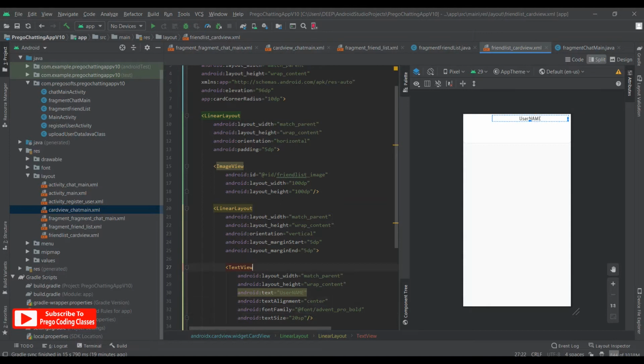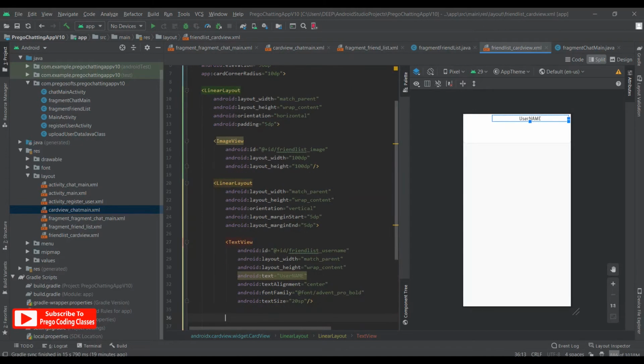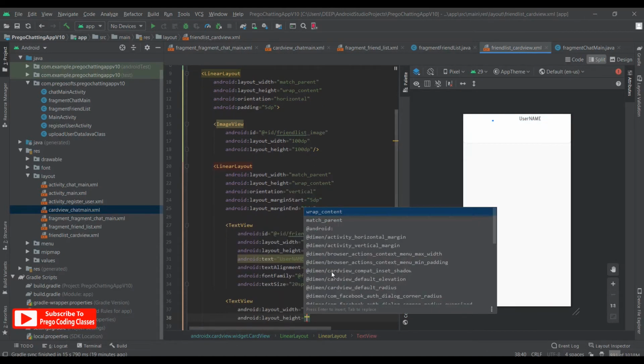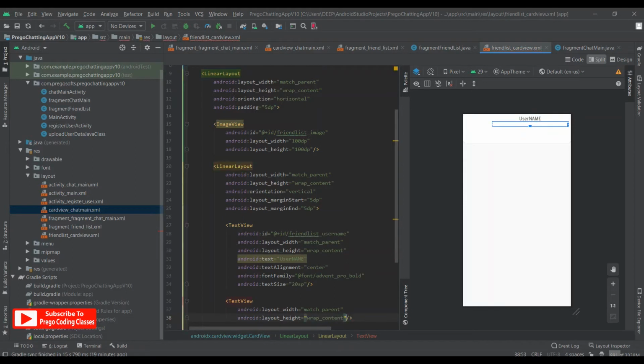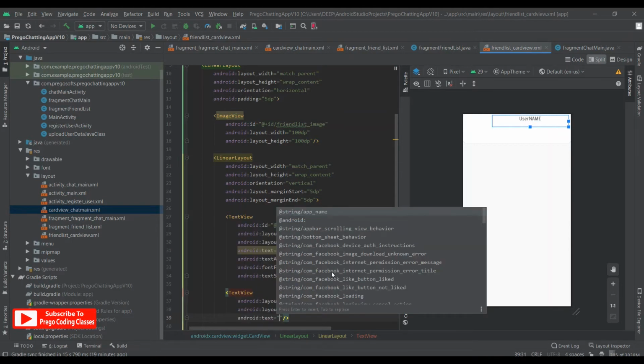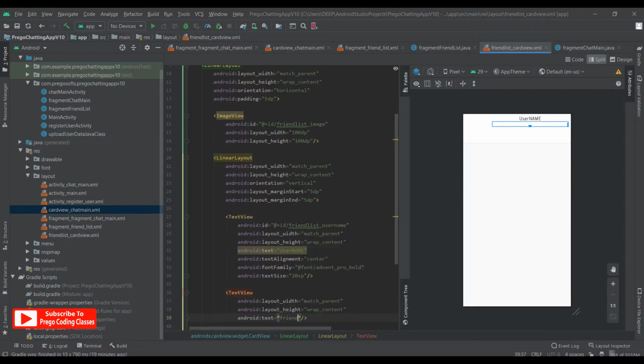Okay, now let's give it an ID. ID would be friend list name, or let's say username, and down below we'll say text view again with match parent and wrap content, and we'll give a text of let's say create or friends since let's say 01/01/2020, and